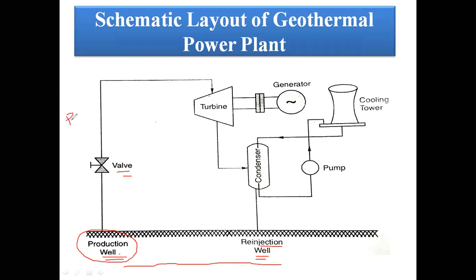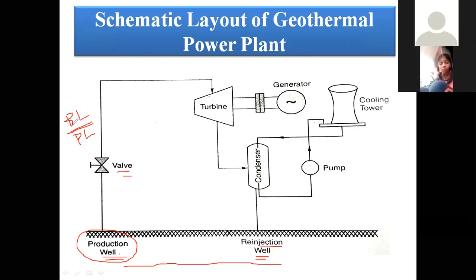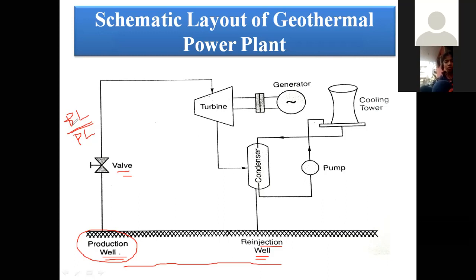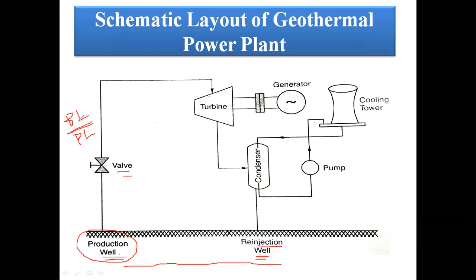The demands are classified into two types: one is the base load, and the other is the peak load. The base load means the load is maintained constant throughout the period. That is, in a day of 24 hours, in a month of 30 days, and in a year of 365 days, the load is maintained constant. In peak load, within a short interval of time, the load increases.